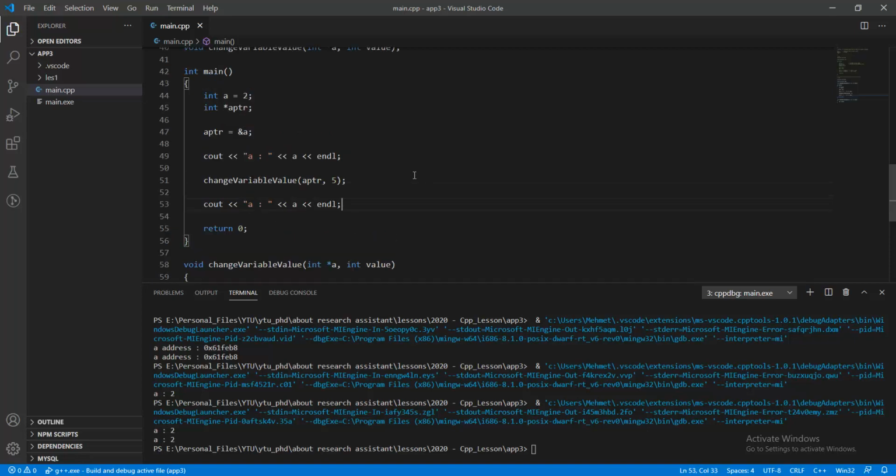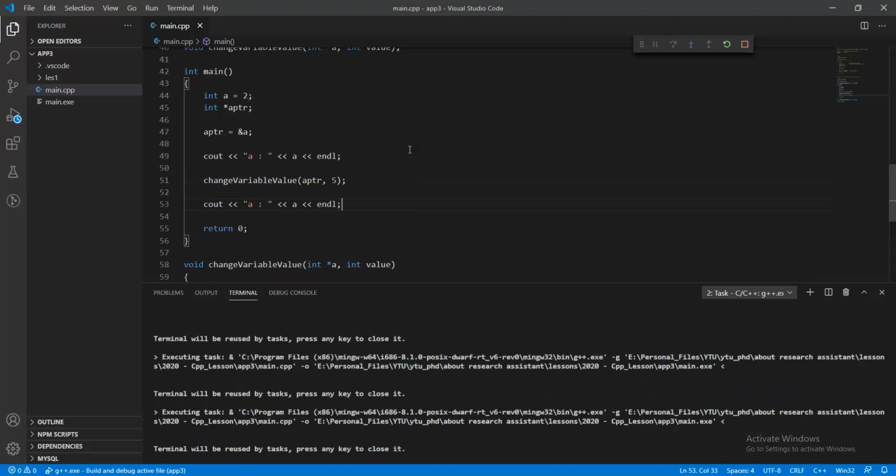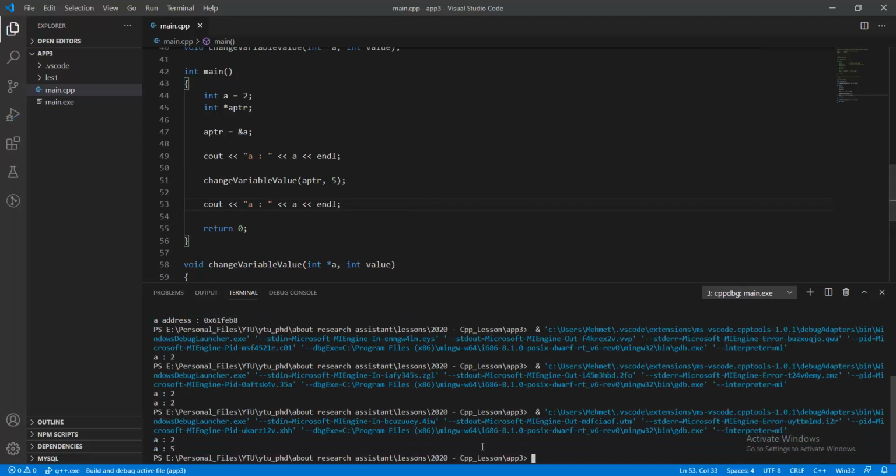So if I run this program, then we get 5 value for the a variable. In the previous example, we cannot change the value of a, but if we use the pointer type, then we have the memory location of the a, and then this code has a universal property to assign or to update any variable